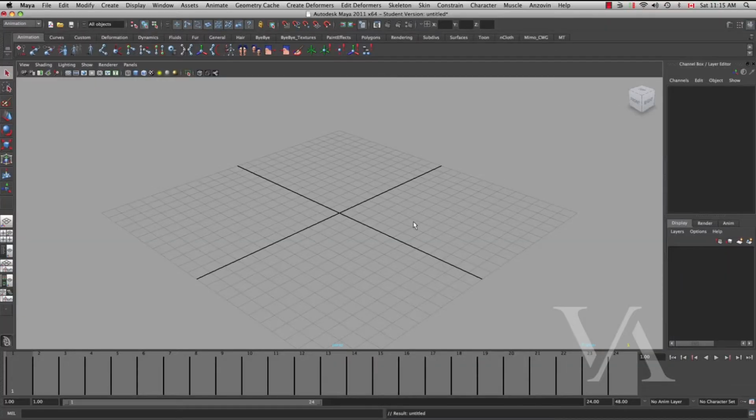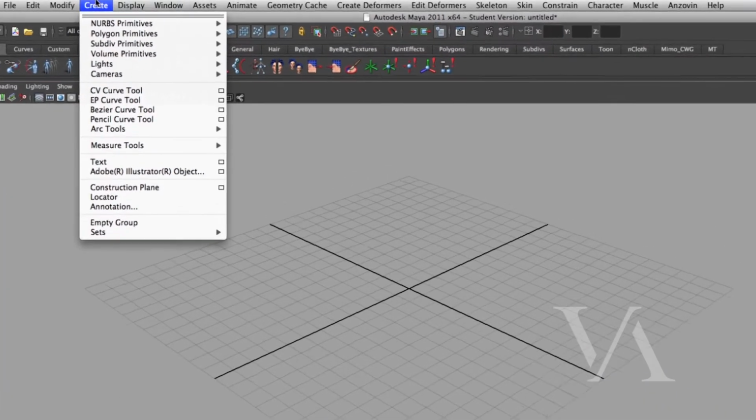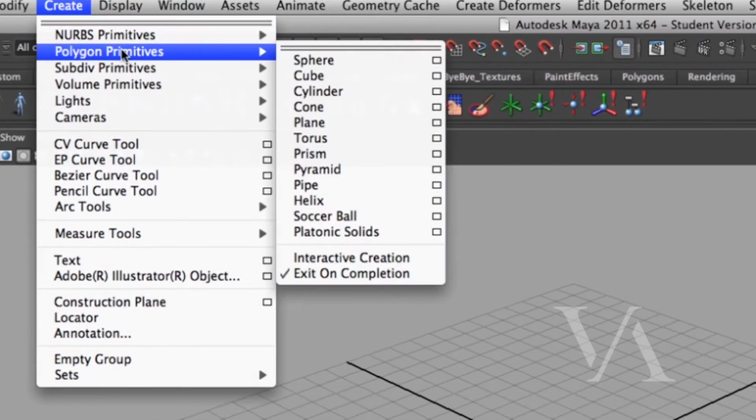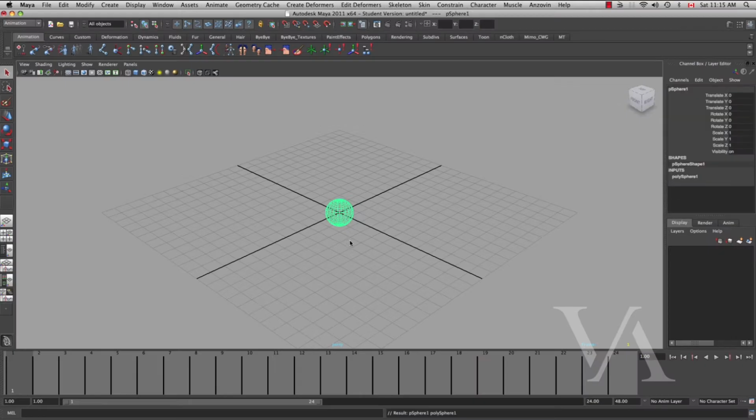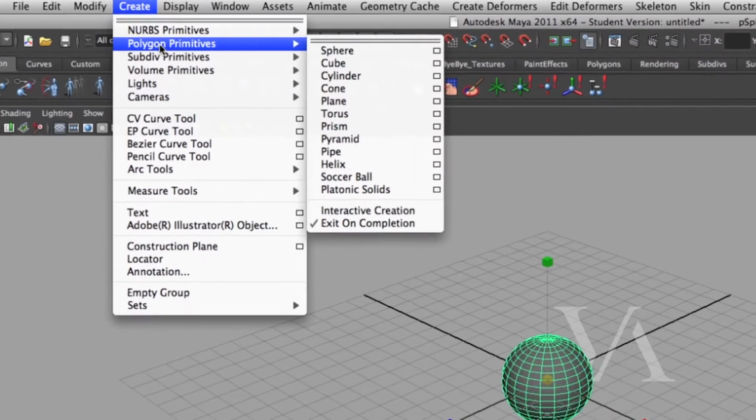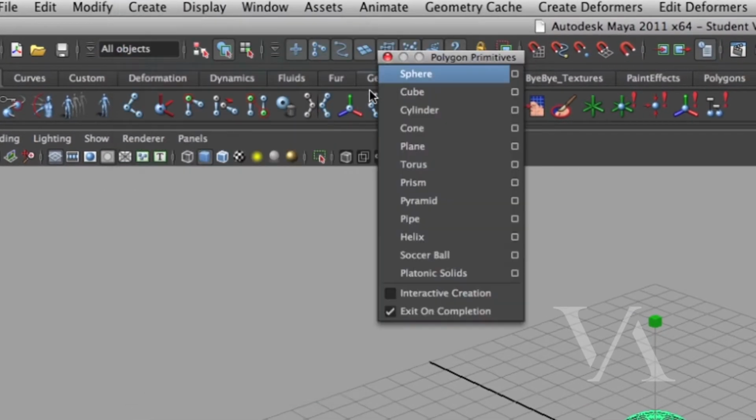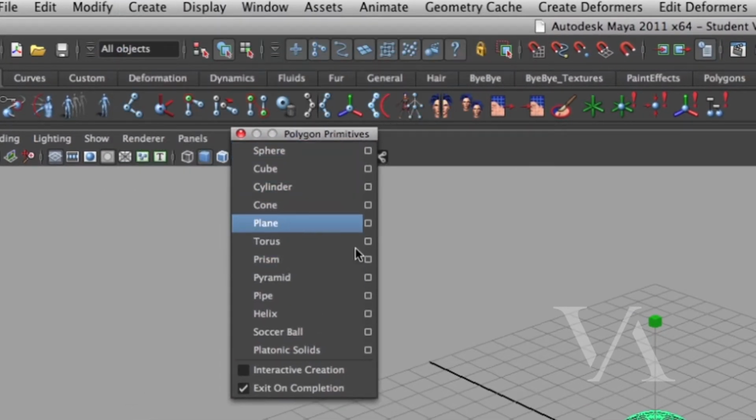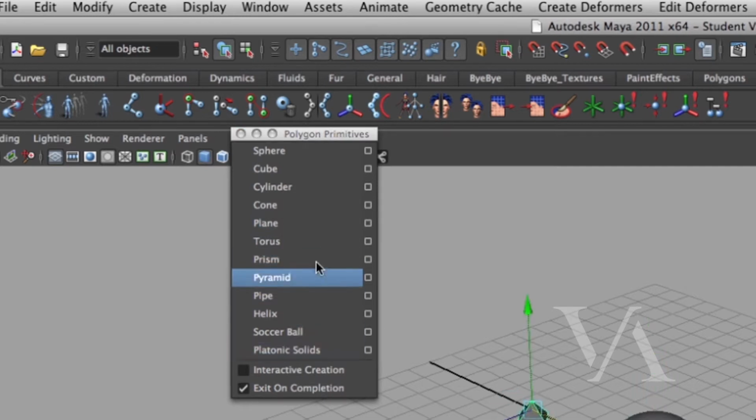Maya is open. I have a clean scene. It's a new scene. And first of all, I want to show you what an object is. So if I go to the create menu, I go to the sphere and it brings me a sphere, and I can just clear that off for 1 second, so I can bring a cylinder right there, and I can bring every single shape that I can